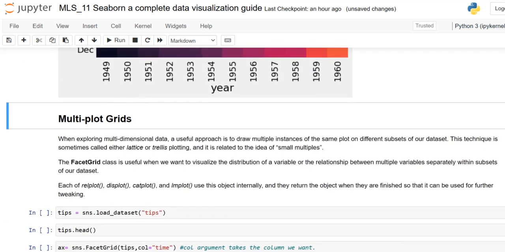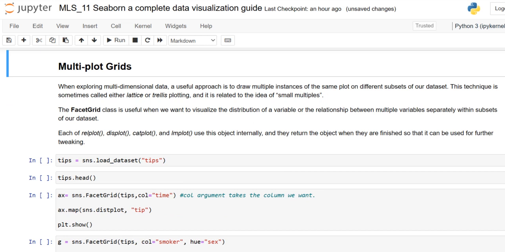Okay, last but not least, multi-plot grid. Dear friends, this is a multi-plot grid that provides several functions for creating multi-plot grids, including FacetGrid, PairGrid, and JointGrid. These functions allow you to combine multiple plots in a grid layout for comprehensive data exploration and presentation. And we have already seen a few of them, like how to make an x-axis and y-axis, or how to make a pair plot with